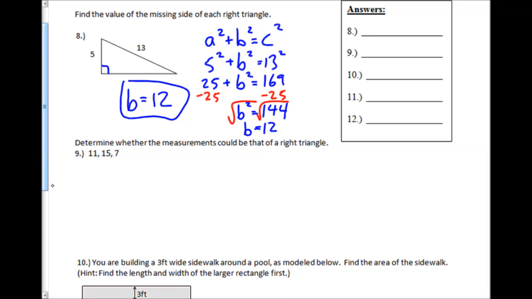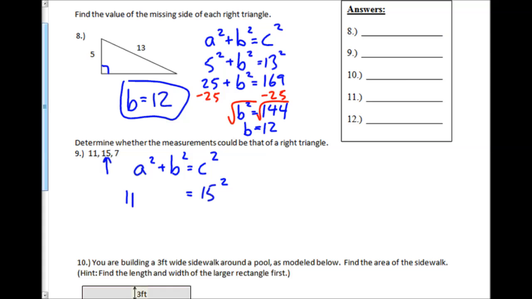If I look at the next one, we want to determine if these measurements could be a right triangle. And remember, for all right triangles, the Pythagorean theorem should work, which means if I do a squared plus b squared equals c squared, if these are the dimensions of what could be a right triangle, then it will work. Okay. Again, the important thing is the c value. In this case, it's got to be the 15, because once again, that has to be the largest side of